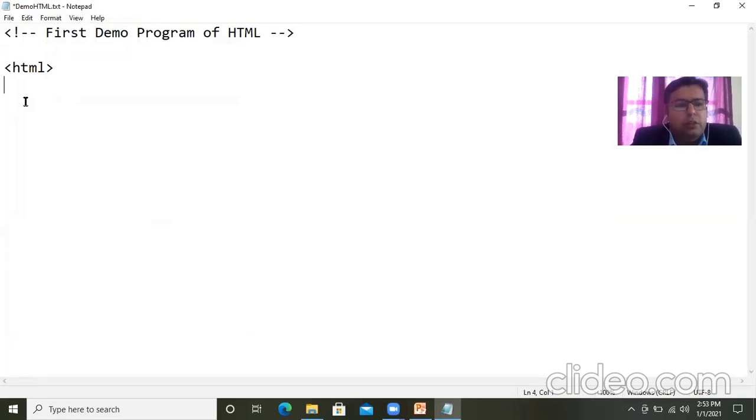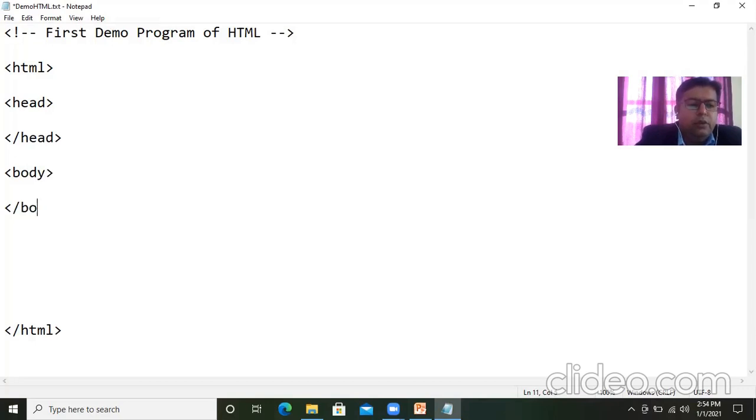So this is HTML. Now as you know, once you create this tag, first of all you have to make this habit, you have to close that tag also. Inside that, whatever programming you want to do, you can do. So after HTML, the other important two portions, head will be there, and another, that is body, will be there.